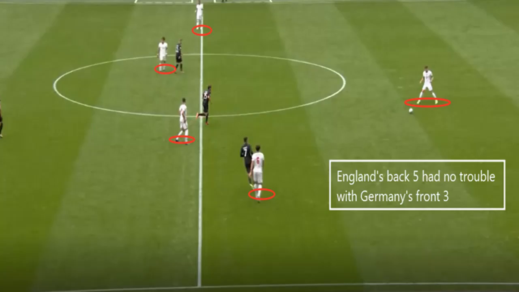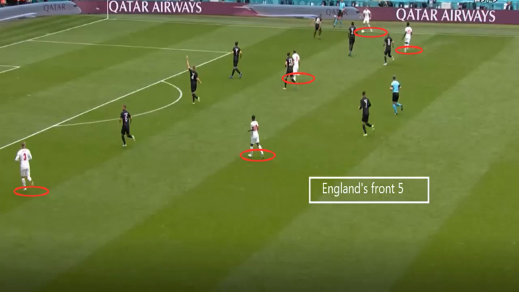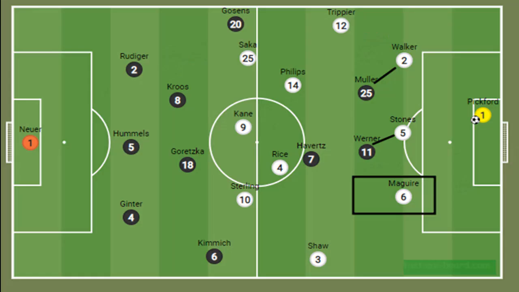England's back 5 and England's front 5 players played almost as separate teams. The back 5 would not join many attacks and would leave the attacking for the front 5, in similar tactics to Chelsea this season. In the game against Czech Republic, we often saw England play long balls from the keeper